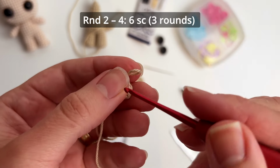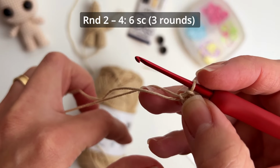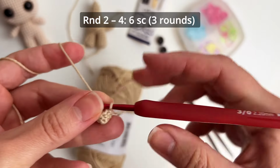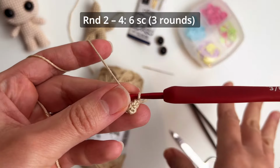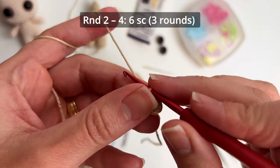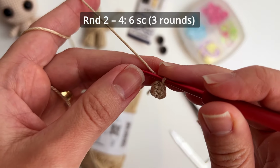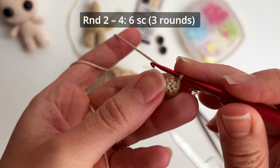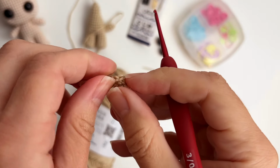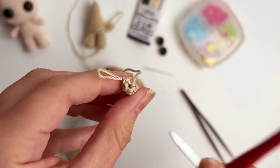But in case you are not an advanced crocheter, you're still a beginner and you're afraid of getting lost, please use stitch markers, because that way you won't be lost while crocheting your amigurumi. Okay, so I'll keep making my round number 3 and 4 with 6 single crochets, and I will come back when I finish. So I finished the arms here, and I have 1, 2, 3, 4 rounds with 6 single